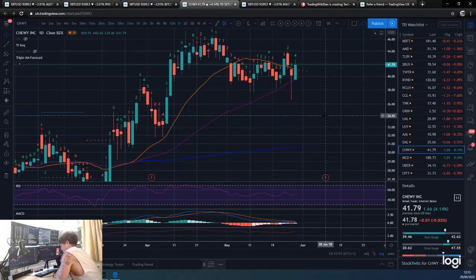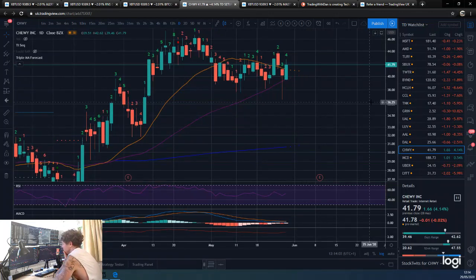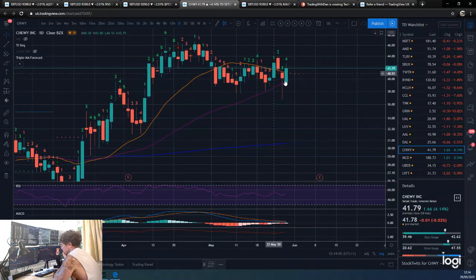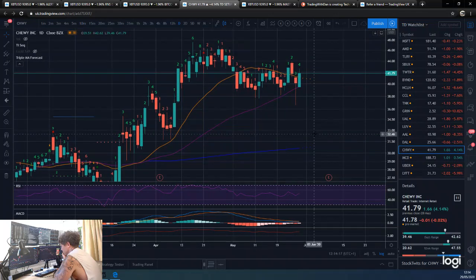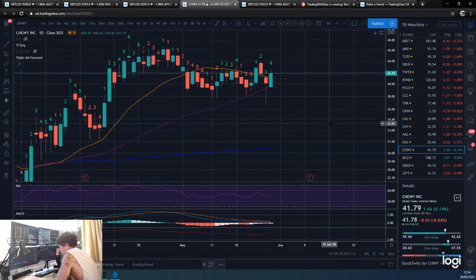So there's more than one way to skin a cat, guys. There's the moving averages, your candlestick analysis, your chart patterns, and your TD9. Your 4 hour TD9, that's the toolbox, guys. Understand candles, understand moving averages, understand simple chart patterns. You don't want to be looking at the complicated ones. You don't want to overcomplicate your life. And then the 4 hour TD9s, and then the dailies as well. So that's all I really wanted to look at.